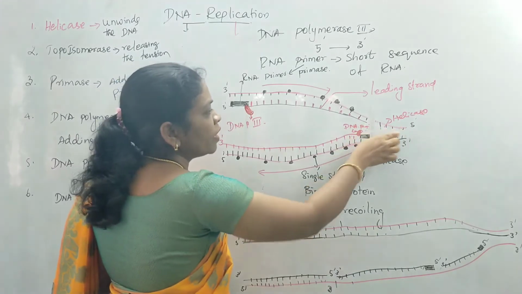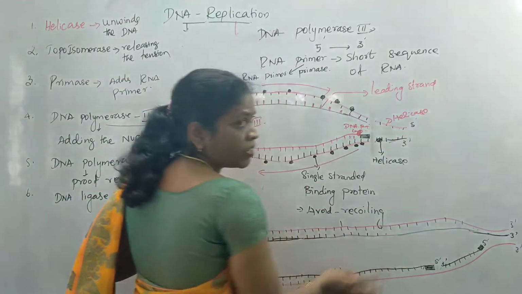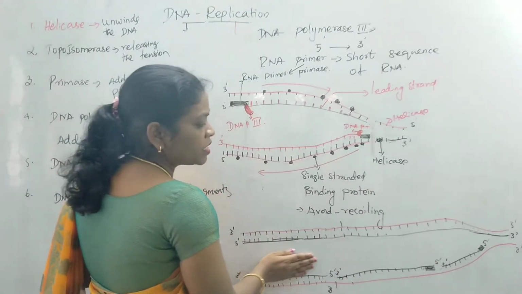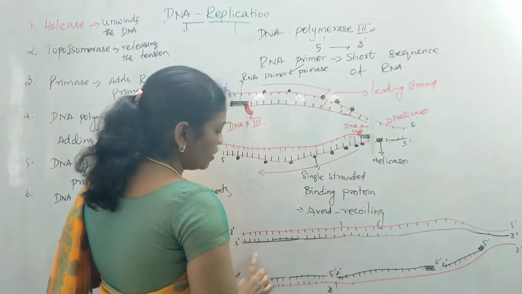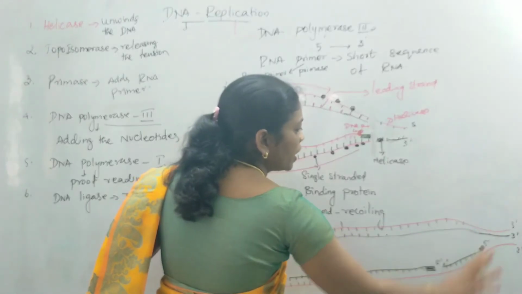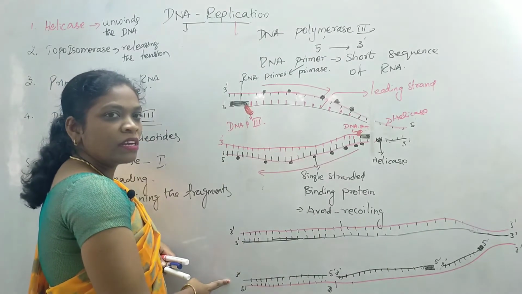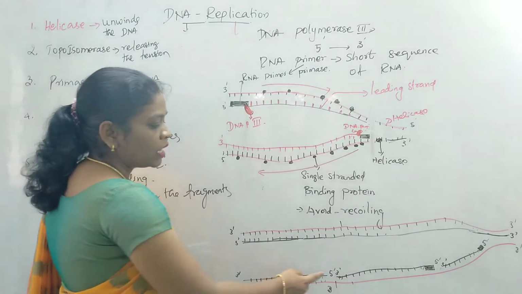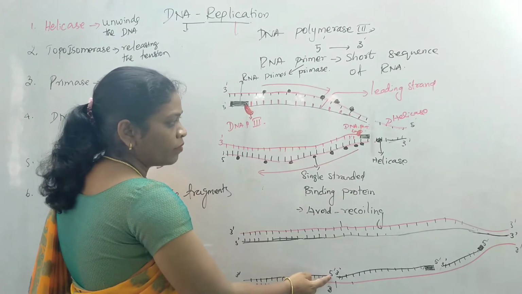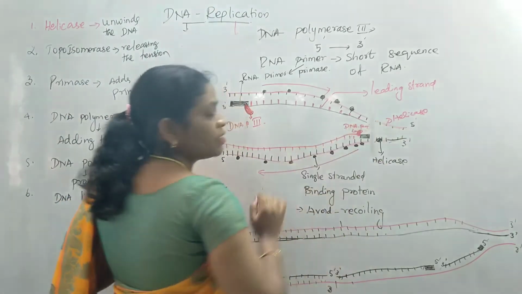So as the fork moves forward, it breaks the hydrogen bonds and they form the chains that is somewhat longer than the first chain. The replication fork starts extending. What happens here? This is a continuous chain where the continuous nucleotides will be added with the help of DNA polymerase enzyme till the 3 prime direction. But what happens here? It is just opposite. It starts synthesizing the new chain from the 5 prime end towards the 3 prime end. Now it has got extended.